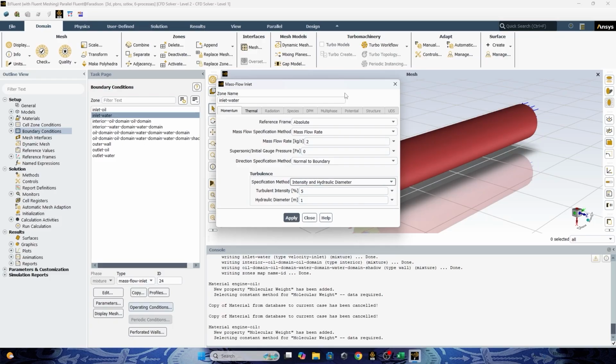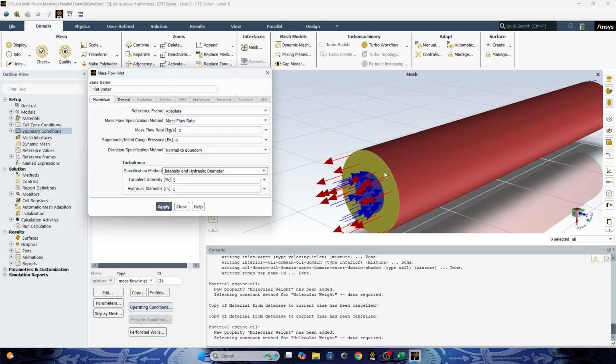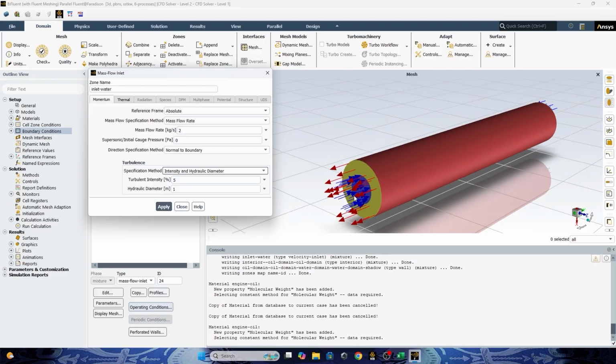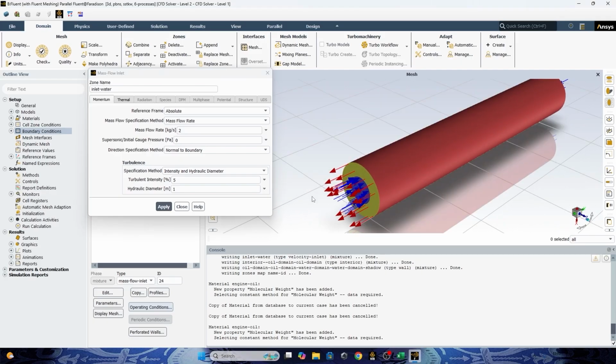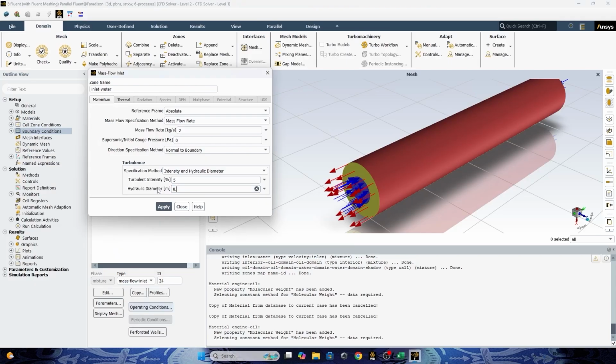For the hydraulic diameter of the cold region, the water domain, because the water flows through this annular area, not the full area, we need to find the hydraulic diameter. How? By using the formula, the outer diameter minus the inner diameter. So 1 meter minus 0.5, which is 0.5 meter. Okay, you can choose apply.